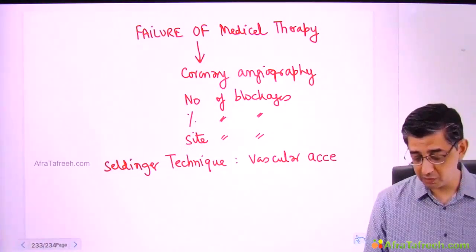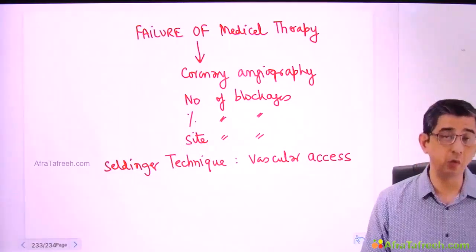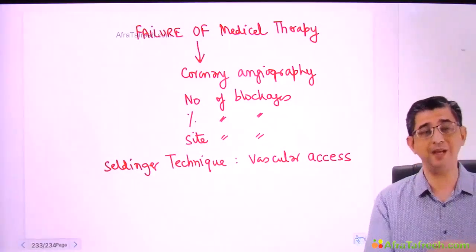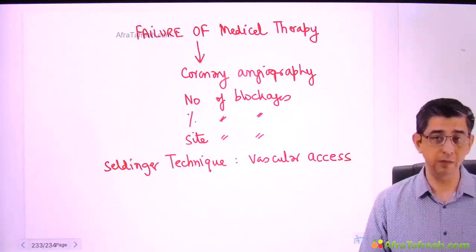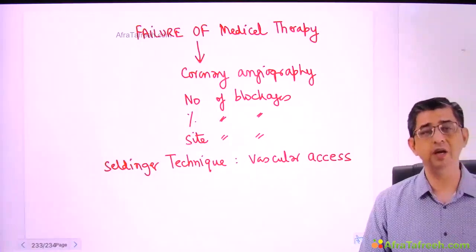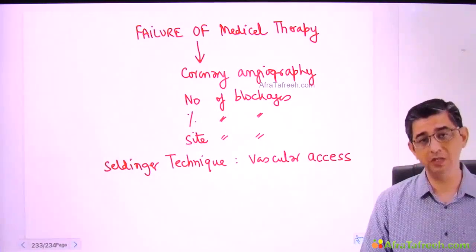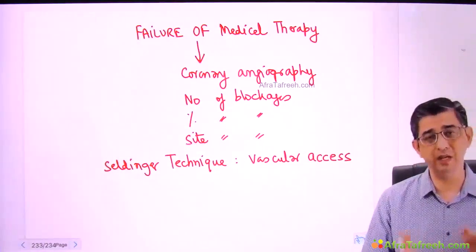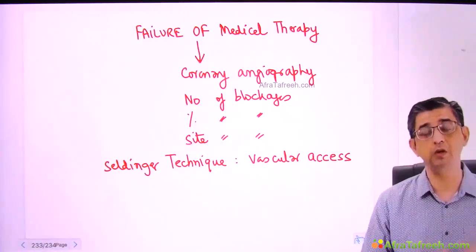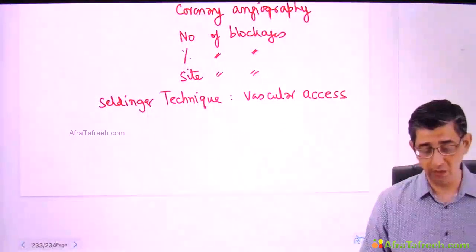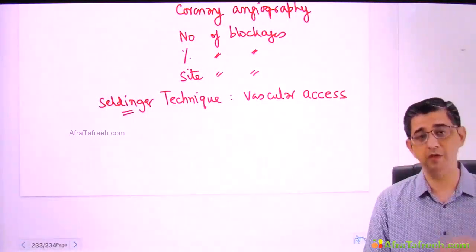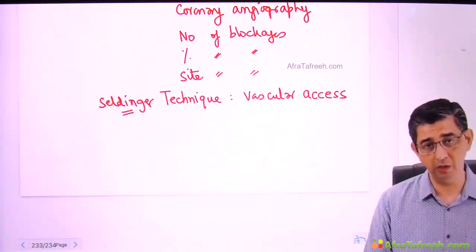Well, it depends on case to case basis, but most patients will be more comfortable with a transradial approach as compared to, number two, transfemoral. One, I would put it like this, that the groin area will be relatively more sensitive, then hygiene issues can be there, the hematomas can be bigger, and there are a lot of other factors that can actually contribute to a hematoma formation, not only I would say the site per se. So there are two ways by which we can do it, but Seldinger technique will be universal whether it is a transradial or a transfemoral approach.